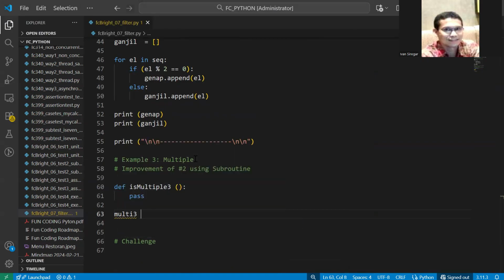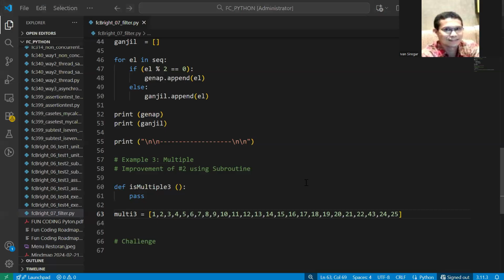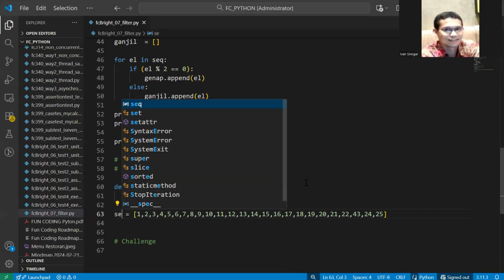This is the questions, the thing that we want to check: 1, 2, 3, 4, 5, 6, 7, 8, 9, 10, 25. I adjust this with the sequence, better with the sequence here.